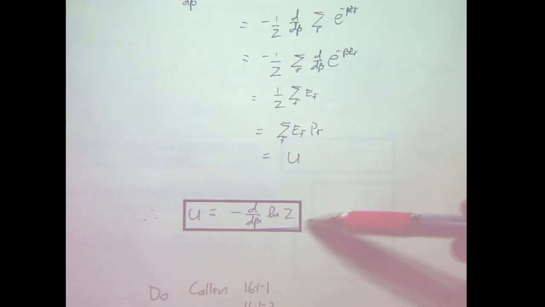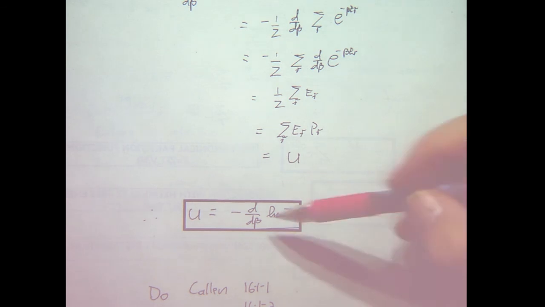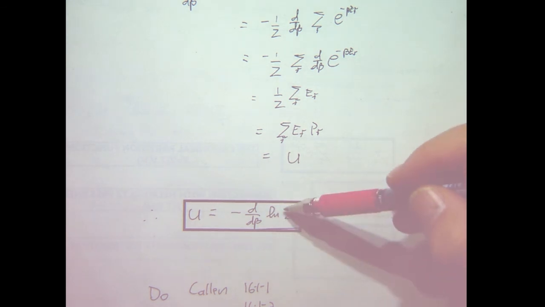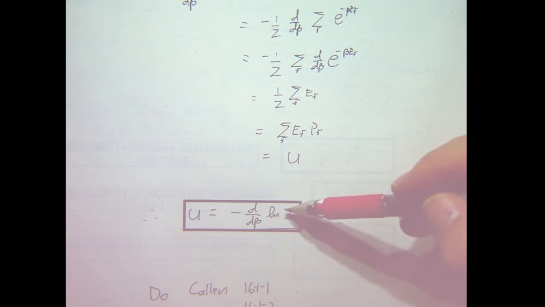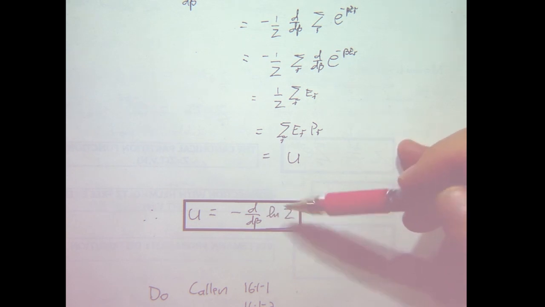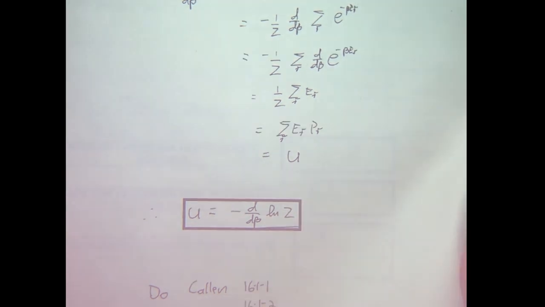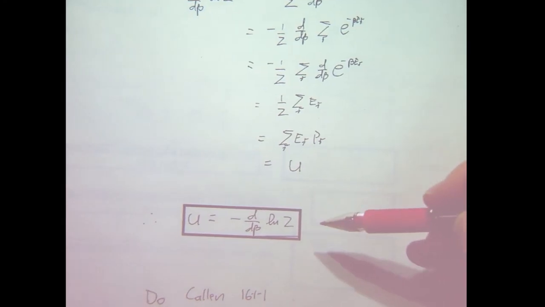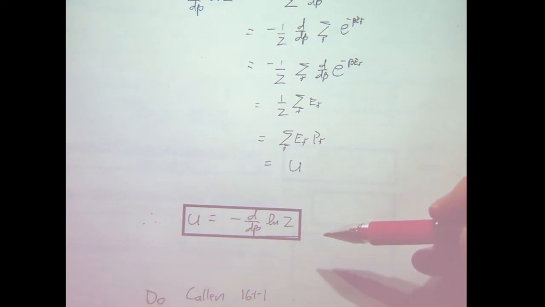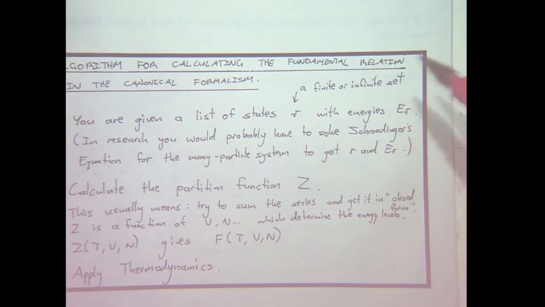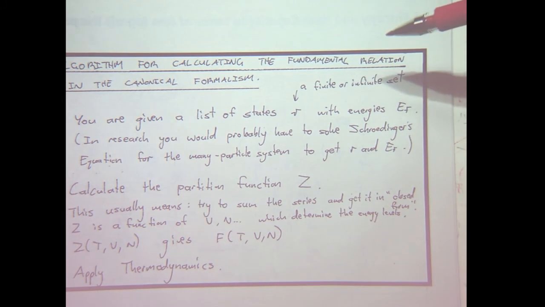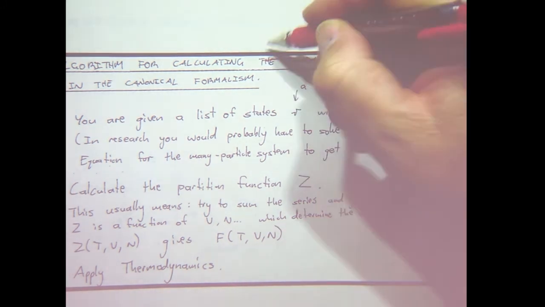Okay, so that's another connection with thermodynamics. So basically, derivatives of log Z give you thermodynamic quantities. So if you can calculate log Z, if you can calculate Z, then you've got thermodynamics. The algorithm for calculating thermodynamic quantities